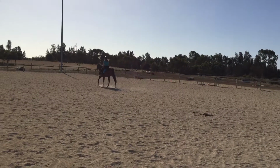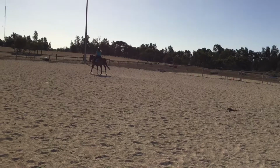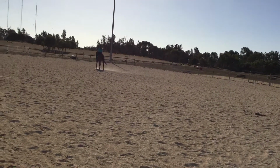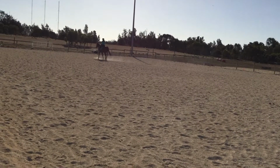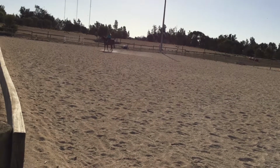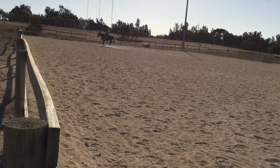So we work on that a little bit as well, and you'll see a couple of times he does go into a frame, but he doesn't stay there long, as I tend to lose my balance a little bit, and that in turn throws away my contact for him to be able to seek. He has beautiful, lovely, flowy movement when he's going correctly. As you'll see in this clip,